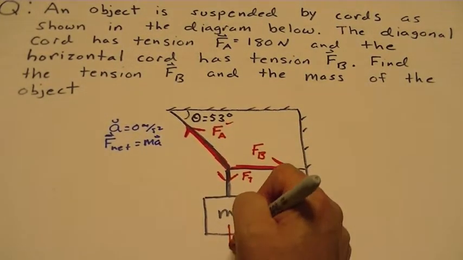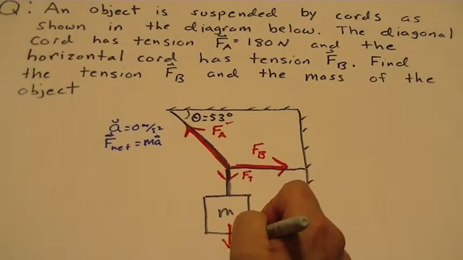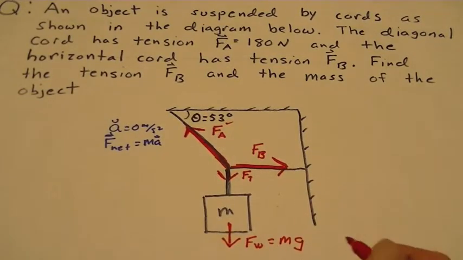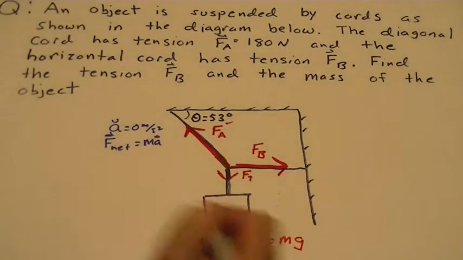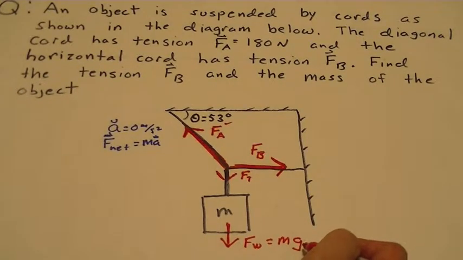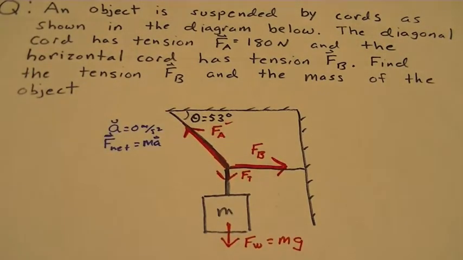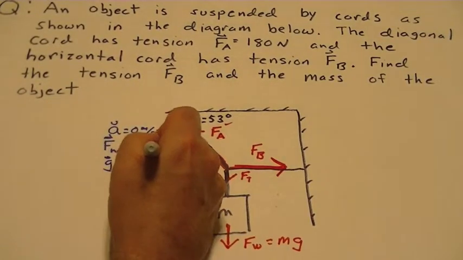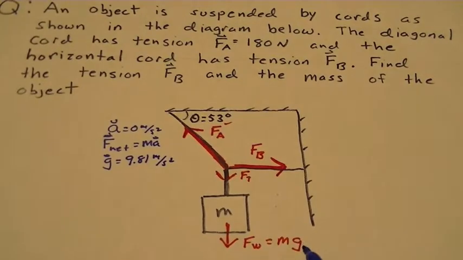But then the mass here has a weight vector pointing down, Fw, which is equal to mass times the gravitational acceleration. Now, remember that g is the acceleration that objects fall on Earth. That is, g is a constant. Gravitational acceleration g equals 9.81 meters per second squared. Now, that acceleration appears in the problem even though nothing is actually moving, because that is how we actually calculate weight. So I can see that if I can find this weight, I can find the mass